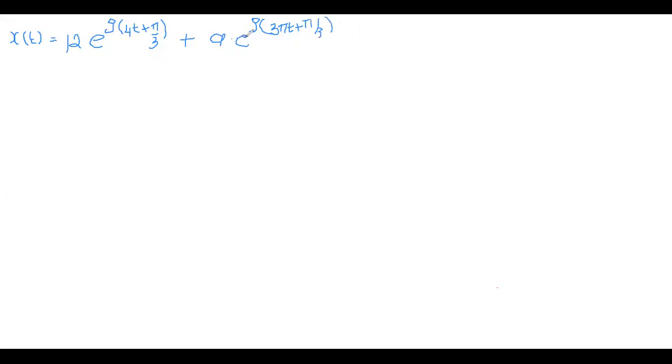Okay, now this is the problem. For this you must check whether the given signal x of t is a periodic signal or not. If it is periodic, then it is very important to define the fundamental time period also. As I told you, whenever the given function consists of two parts, or is the combination of two signals, the problem is different. First of all, you must define x1 of t. This is x1 of t, and this is x2 of t.